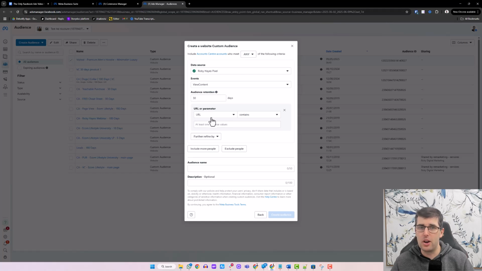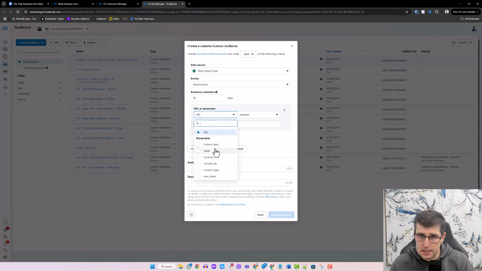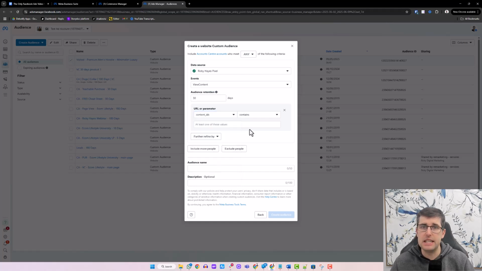For Shopify, generally, I've used URL or content IDs. Content IDs would be on the back end of Shopify. When you look at the product, after the slash, you will get a unique string number. You put that in there, right? In many respects, that's a better one because that never changes rather than using URL. I used to use URL, but I more try and use content IDs because it never changes. You might change a URL or something and this might then change, okay?